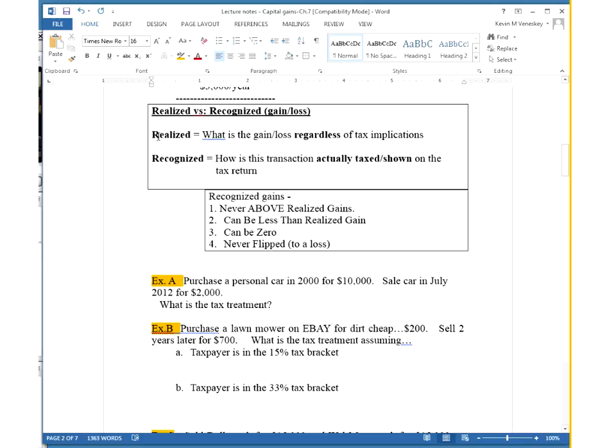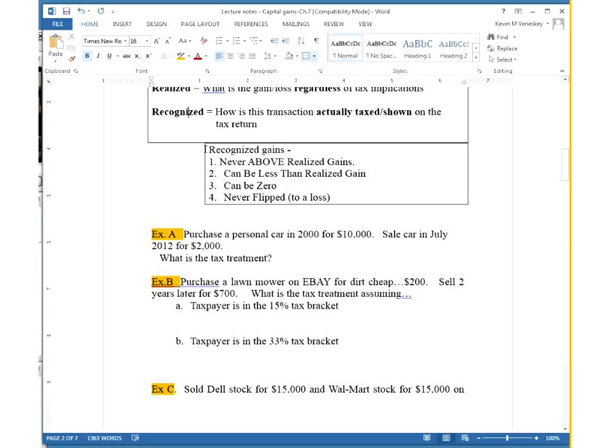Recognized, on the other hand, is even though it happened, what do I officially put on my tax return for recognition purposes? And even though I had in my example a realized loss of 6,000, I can only recognize 3,000. If you remember back to the rules, up a page up, 3,000 loss per year. So I can have a realized loss different than a recognized loss, and it could be quite common. And just to keep in the back of your mind as you're doing the homework or anything,